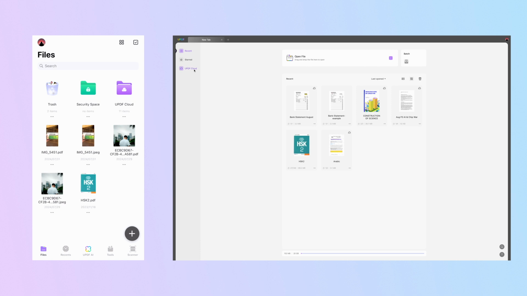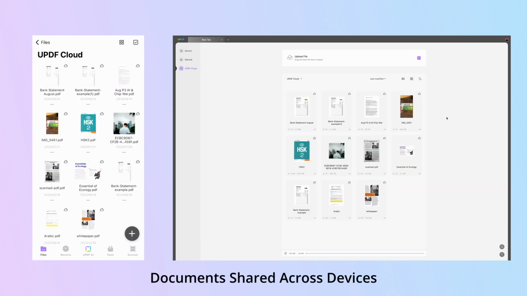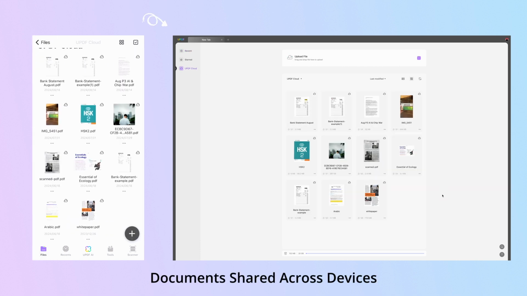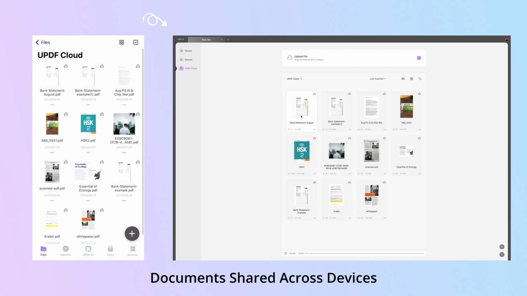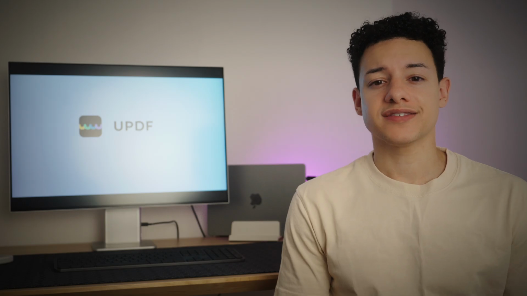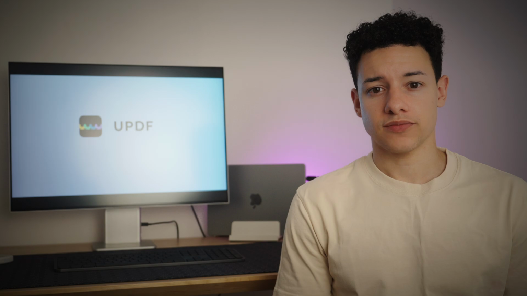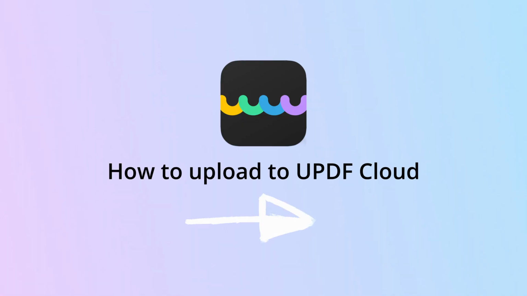UPDF seamlessly supports all Mac, Windows, iOS and Android devices. By uploading a PDF file to your Mac UPDF Cloud, you can then access the same file on your iPhone, Windows PC or Android device effortlessly. There are 3 simple ways to upload a file to UPDF Cloud, and now we will demonstrate them to you